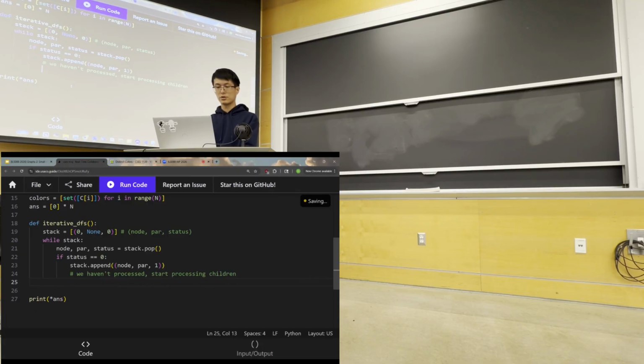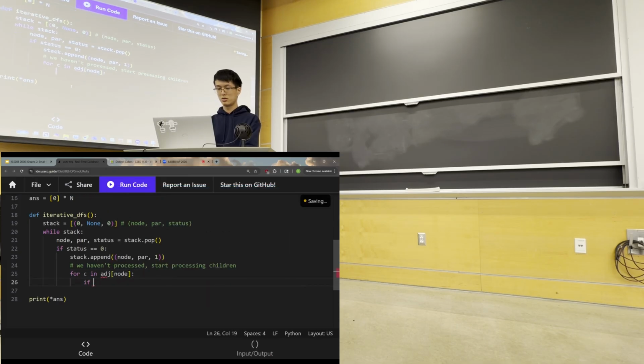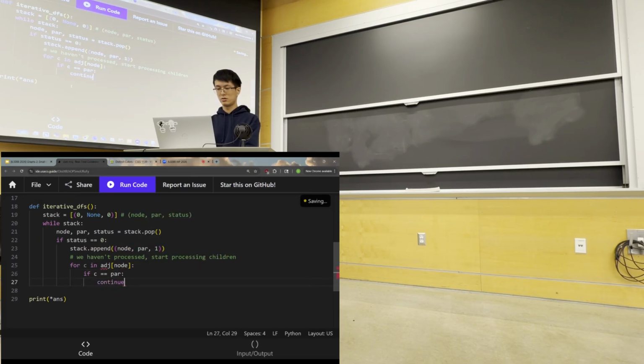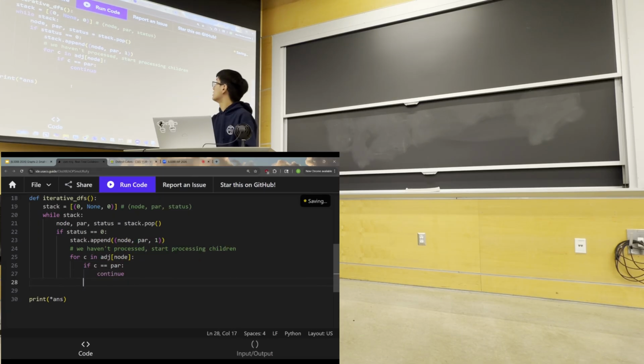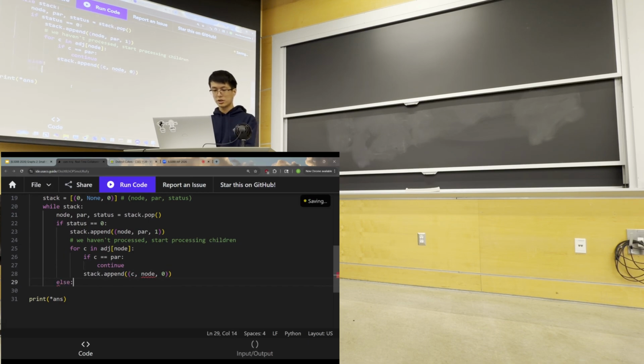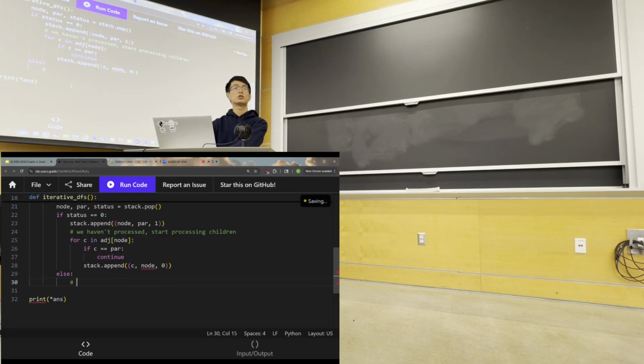Then we'll iterate through all of its children, and then we will just add the children to the stack as unprocessed. So the other case here is if status is 1, this means we've already processed all the children,